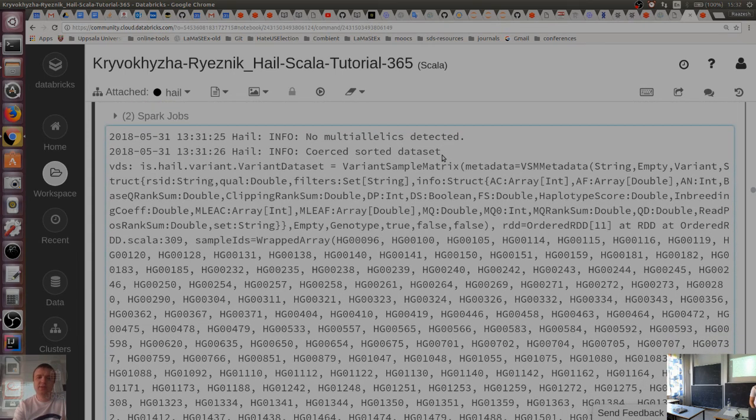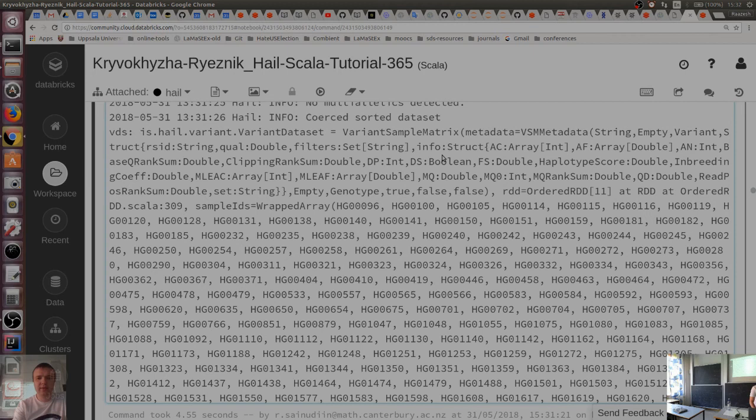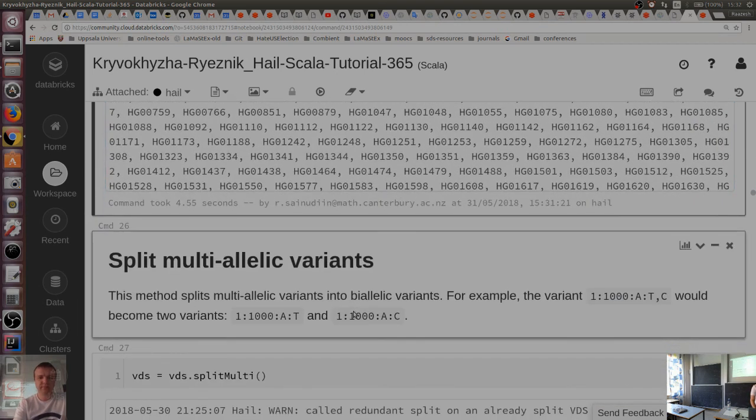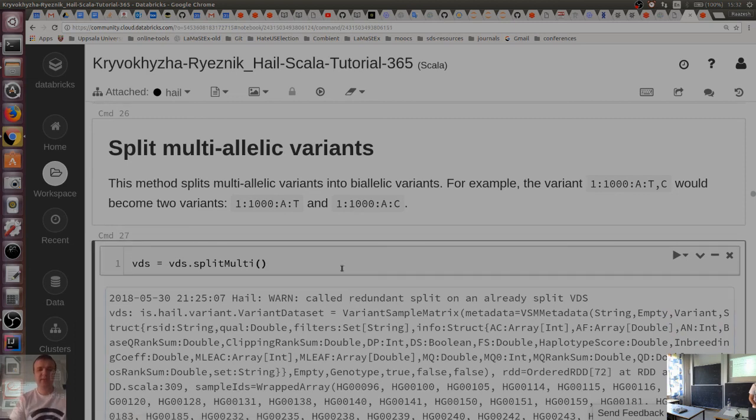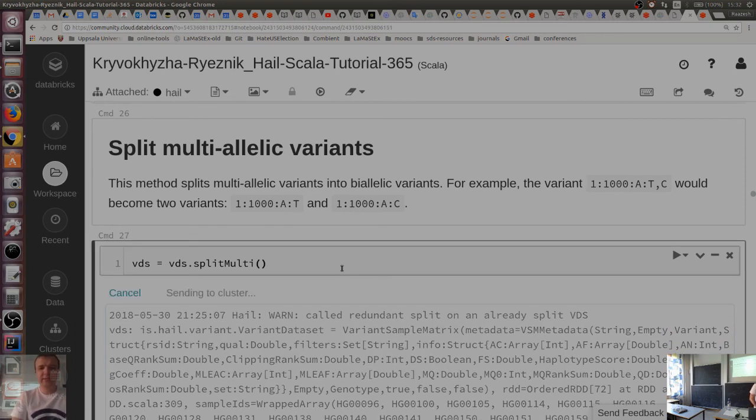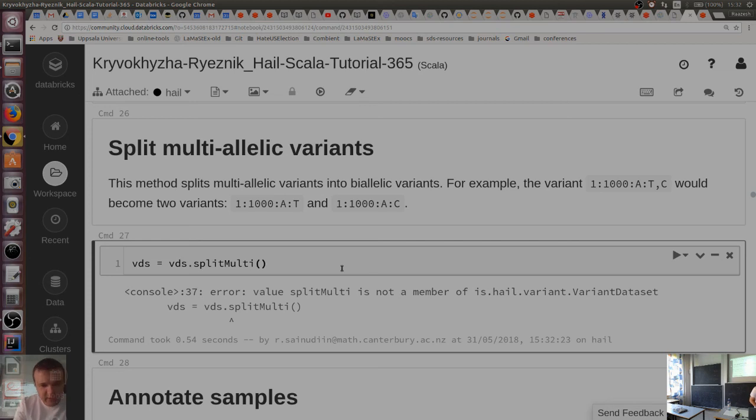Here it just shows the first few lines of this file. It's quite difficult, I think, for human reading, but as you can see, there are a lot of similar names here. Basically, these are the column names. These are different samples. This step is maybe not necessary for this data set, but